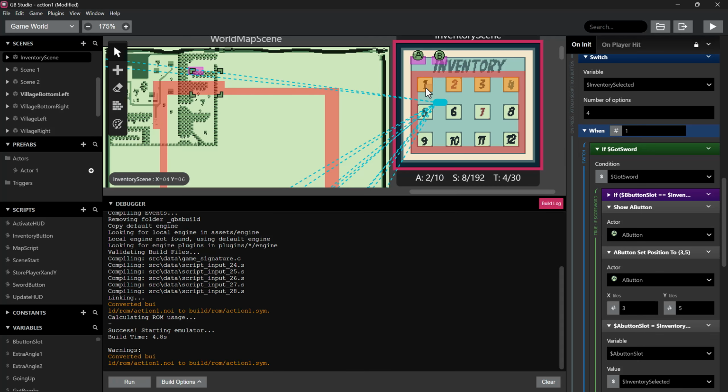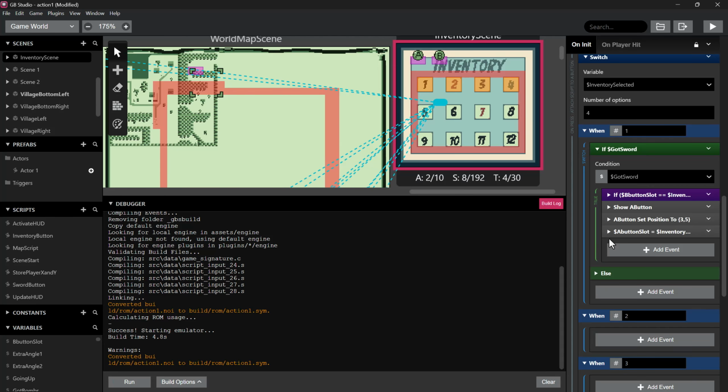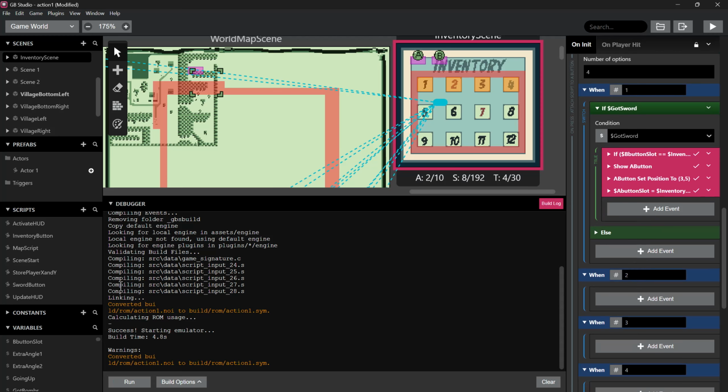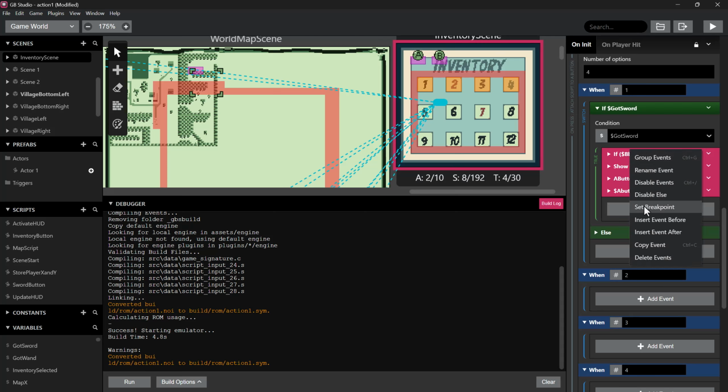So that works pretty good. I'm going to just go ahead and copy this. I'm going to copy all of these right here. And I'm not going to wrap them in anything else like "got wand," "got shovel," "got bombs," since we don't currently have that capability anyway, but I just want to make sure